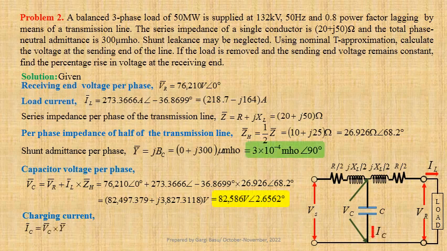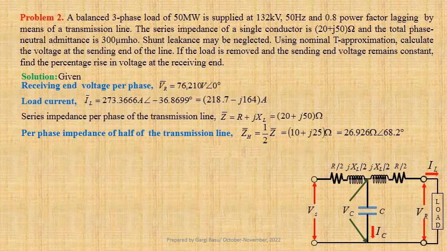Using values we get 82,586 at an angle 2.6562 degree into 3 into 10 to the power minus 4 at an angle 90 degree. That gives us 24.7758 ampere at an angle 92.6562 degree. We have computed capacitor voltage per phase Vc equals to